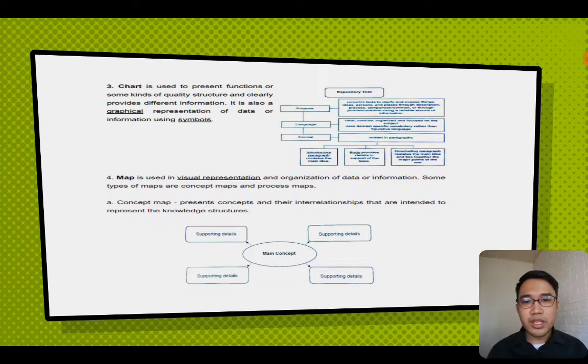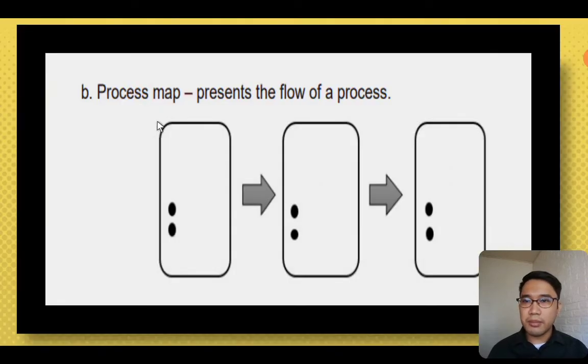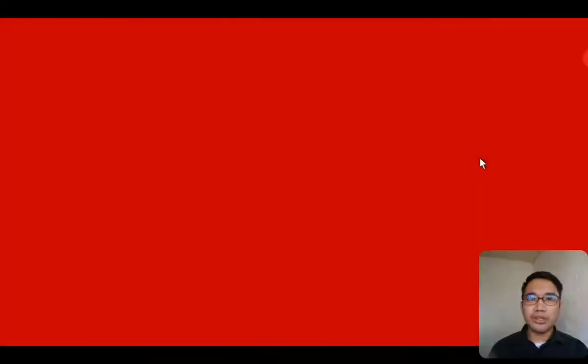Concept map. The main concept is in the middle, while the supporting details or ideas surround it. Another type of map is what we call a process map, which presents the flow of a process. We usually use this in science, like the life cycle of a butterfly or a frog. So this is a process map. So that ends our first module, first lesson in quarter number 2. We will now talk about our second module, second lesson, and that is